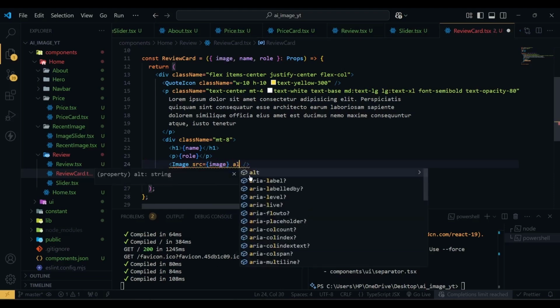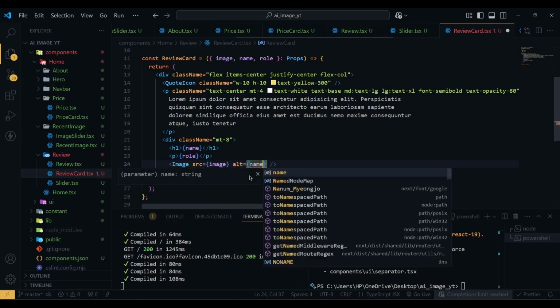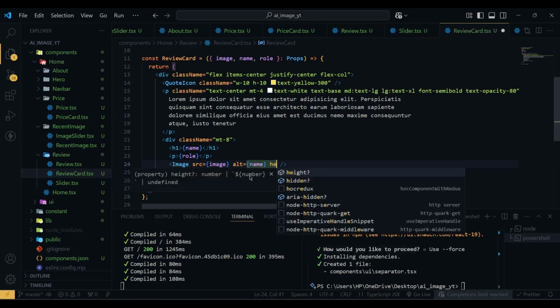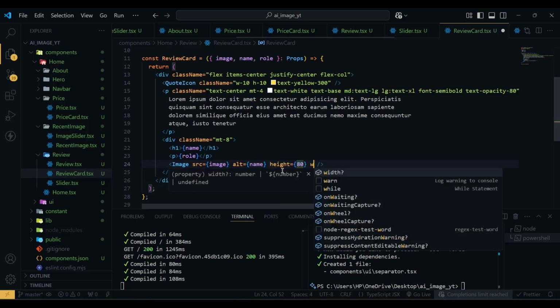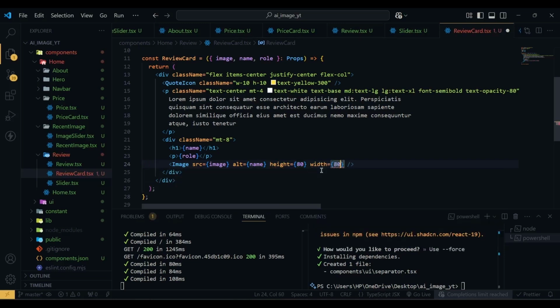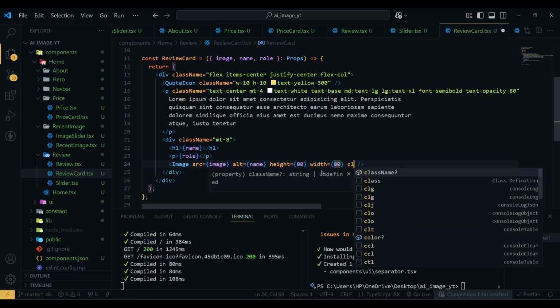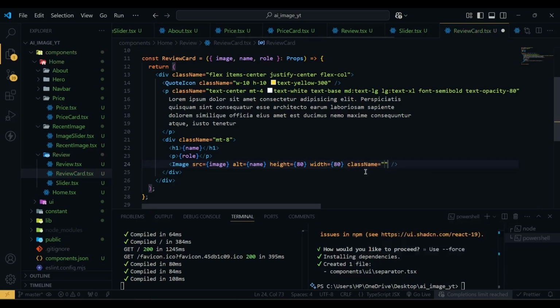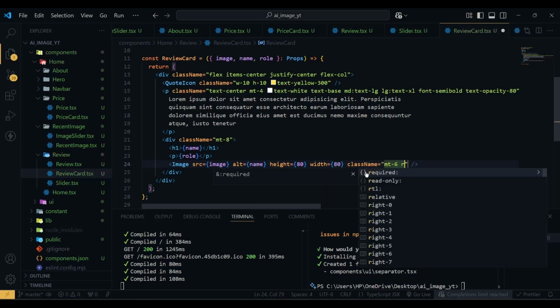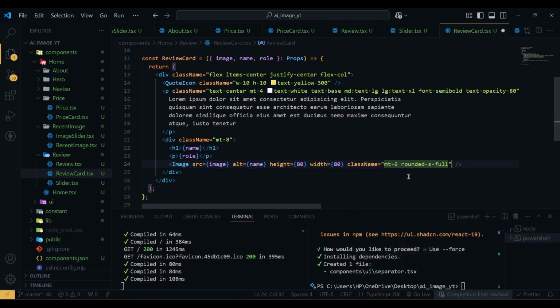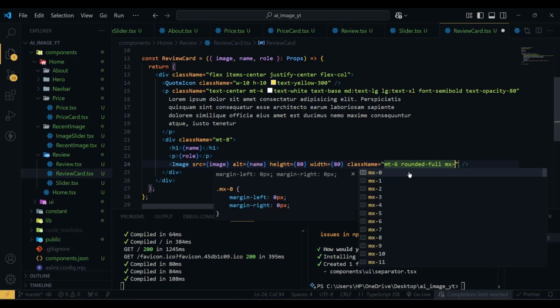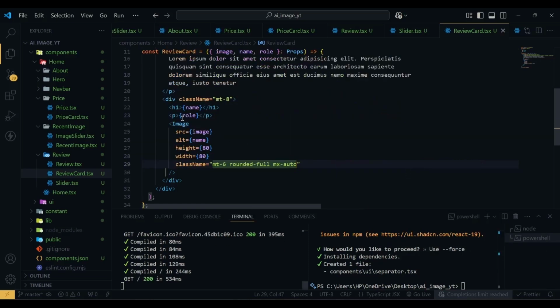Then we have an alt tag, which will be the name. Then we have height of 80 and width of 80, and we have a class name of margin top will be 6, rounded full, and mx will be auto,